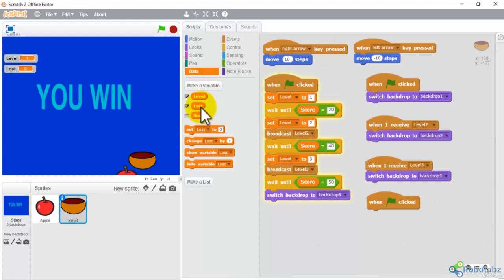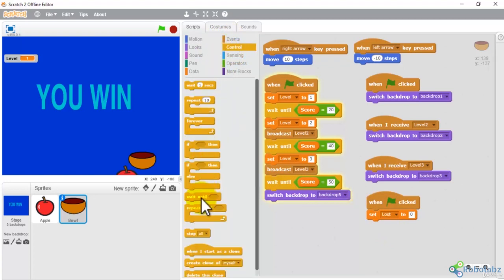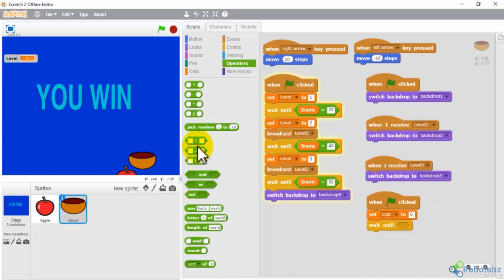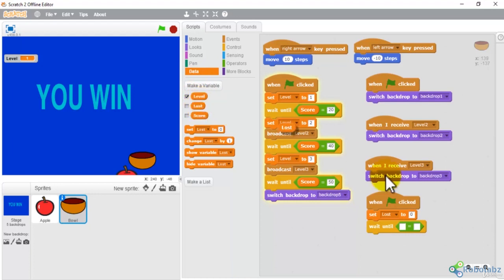Okay, lost means the number of apples which you have lost. Whenever your flag is clicked, set lost to 0. Initially your lost score is 0, and then wait until your lost equals, you can take any number like 10 or 15. Until your lost apples are 15, you have to wait, and as your lost apples are 15, then